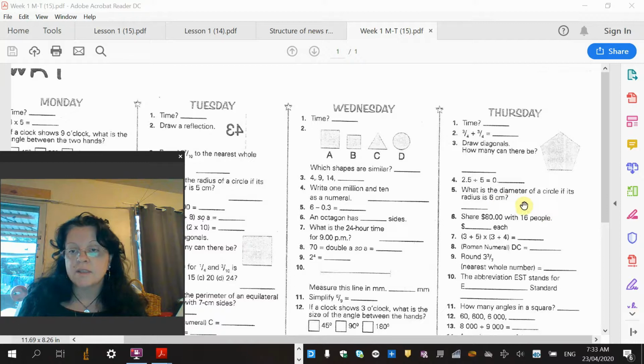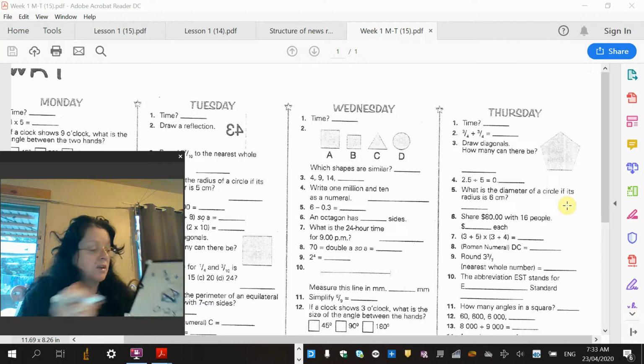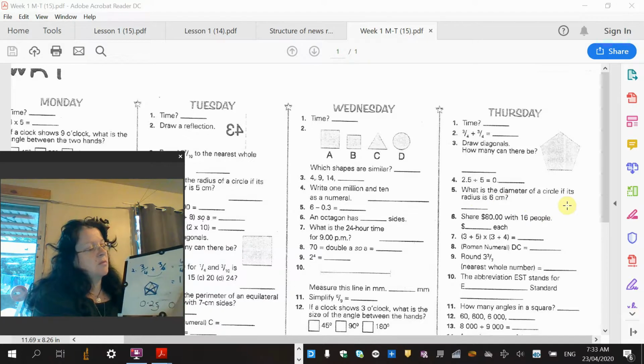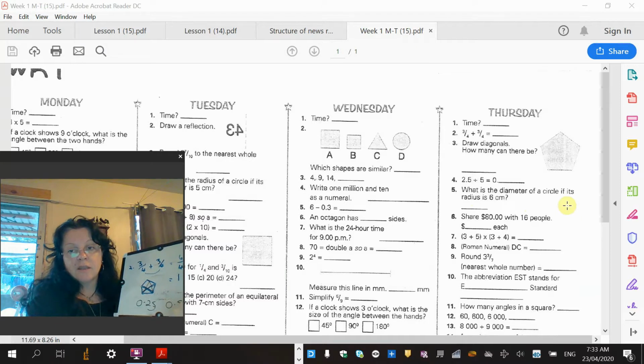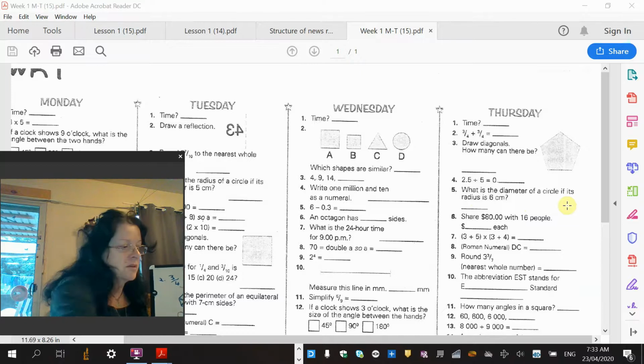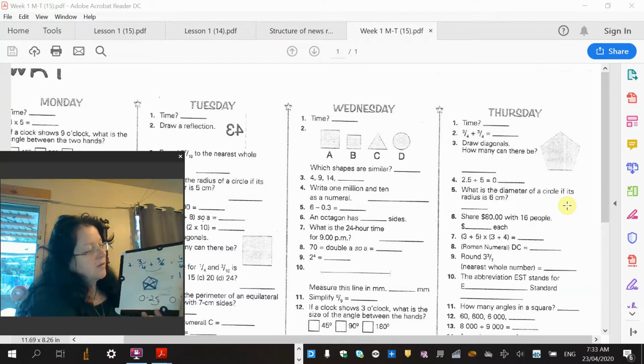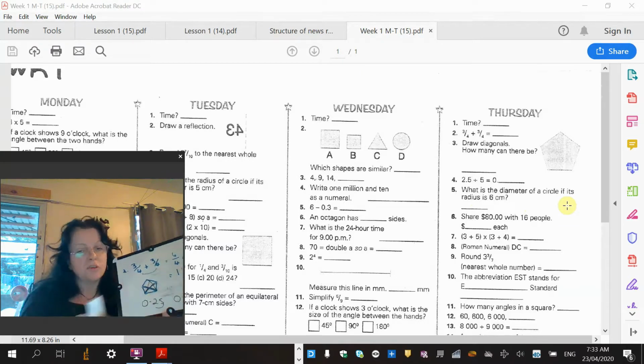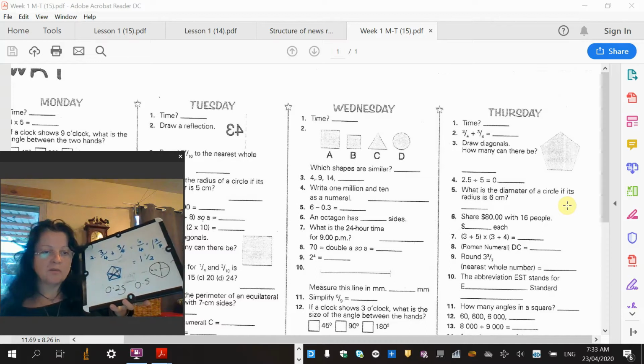Okay, the next one: what is the diameter of a circle if the radius is 6 centimetres? So remember, diameter is from one side to the other, and that is 6 centimetres. So the radius is half the diameter. So what would it be? It would be